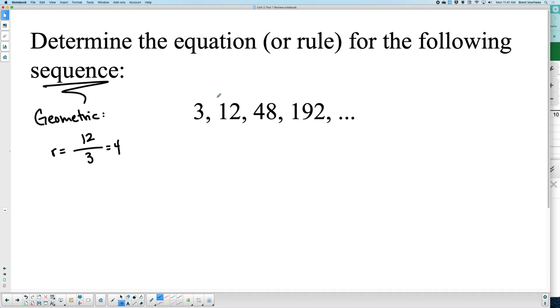4. That's your common ratio. So I'm going to call this G1 here. This is G2. This would be G3, G4, and so on. If I use my formula,